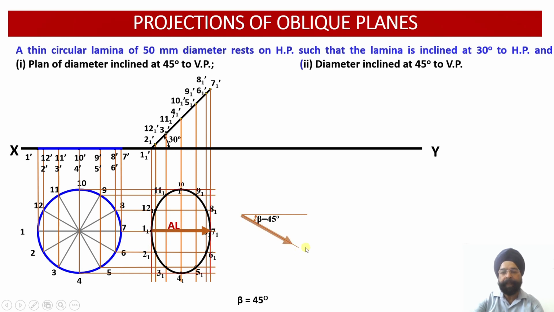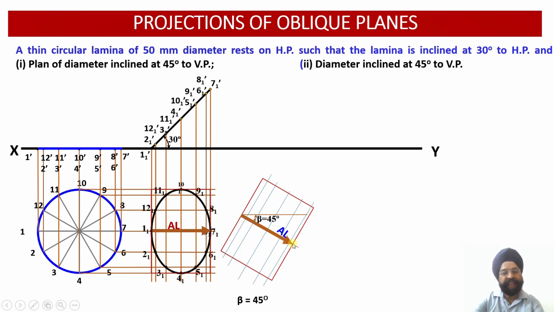So just see, this is my apparent length 1 7, which is the same length which I had obtained over here. Onto this length 7 points are going to be marked, and now this is the rectangle which is going to cover my circular portion. So my ellipse will be inscribed by this particular rectangular portion. Now here you see, here we go,